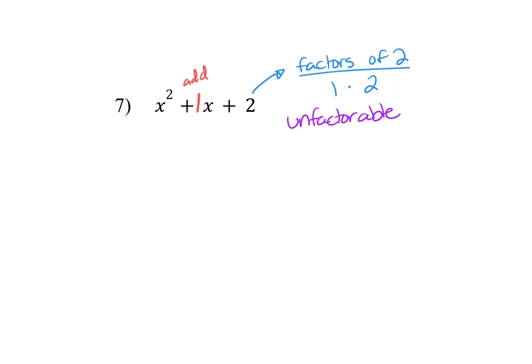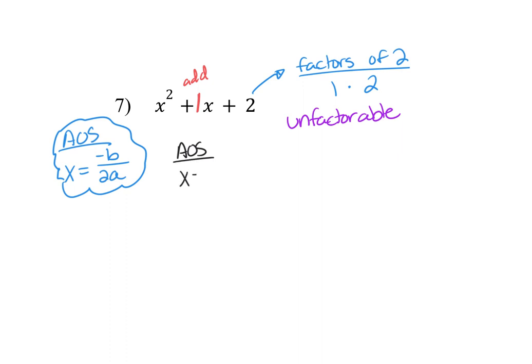The axis of symmetry for standard form is a different formula. We learned this last chapter: it was opposite B divided by 2A. Everybody should write that down. Then we're going to plug it in and find our axis of symmetry first. So AOS for this one is x equals opposite B, which would be negative 1, divided by 2 times A, which would be also 1. Remember, we have our A value here, which when it's not visible, it's 1. Our B value is here, and this is our C value. So I plug it in,